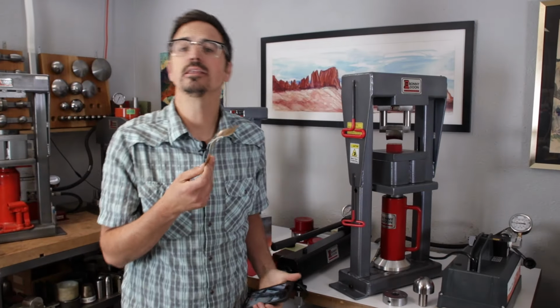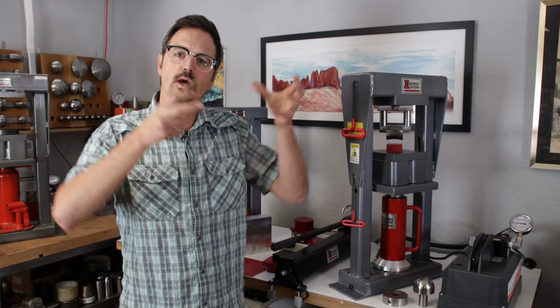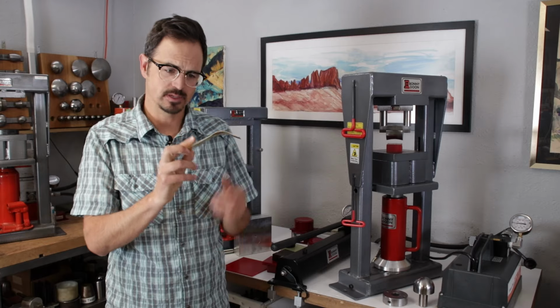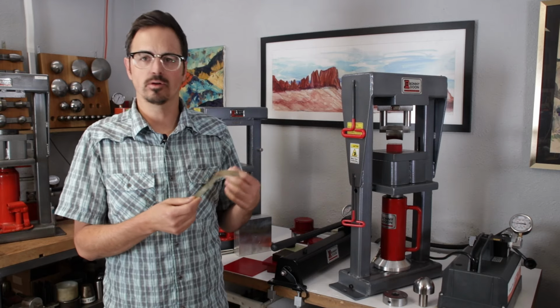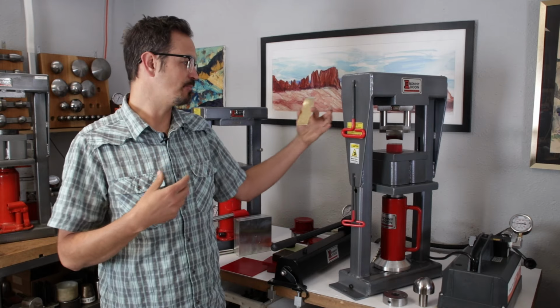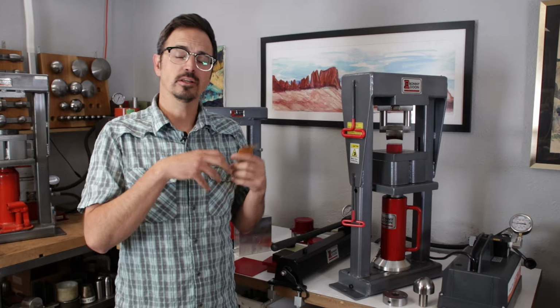There you go. So you can see there that the polyurethane swells around the die, flows around there, giving us nice seamless shapes. Now this is just a piece of brass, just a scrap that I grabbed. It doesn't really have any texture or engraving or anything like that. So you can't really see that the polyurethane, the beauty of that is that it's going to not mar your